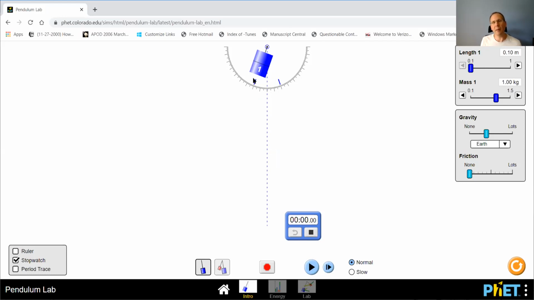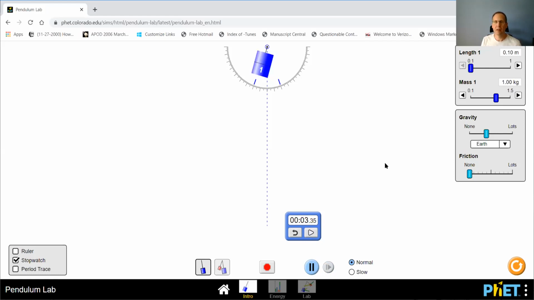Now remember, I want the time for 5 oscillations. So when it starts here, when it goes to the other side and back, that will be 1 oscillation. So it'll be 1, 2, 3, 4, 5. And I'll hit stop on the stopwatch. So if I hit the play button, it'll automatically start the timer, and then I just need to hit the stop button. Okay, so play, 1, 2, 3, 4, 5, stop. So 3.35 seconds would be the time for 5 oscillations when the length of the pendulum was 0.1 meters or